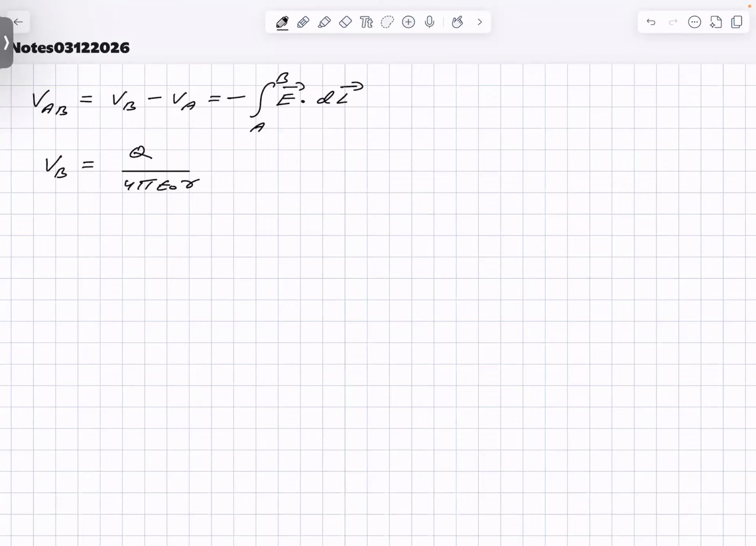In this definition, what we're assuming is that there is a reference point. When we define our potential, there's always a reference point, and we take it as infinity. At that reference point, the potential is zero. So when we talk about potential at any point, it is always with reference to something, it's relative to something, and the reference point is infinity. So the potential at any point B can be defined as